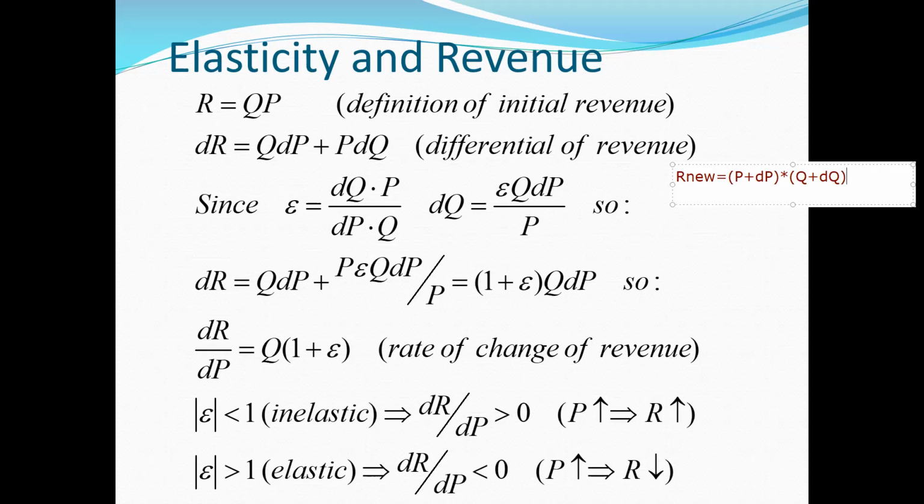Okay, so your new revenue would be, if you change the price by dP and your new quantity demanded is Q plus dQ. And remember, one of these things would be negative, and that's fine. We're not dealing with the signs just yet, okay? So your R new will be P times Q. So if you kind of do that